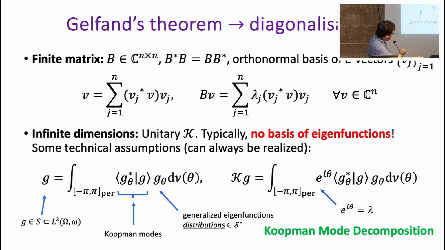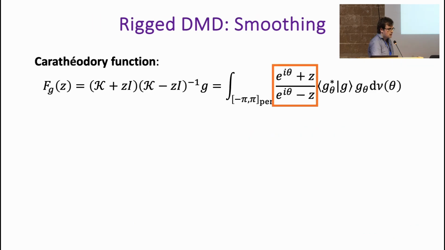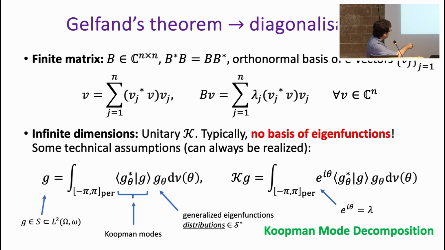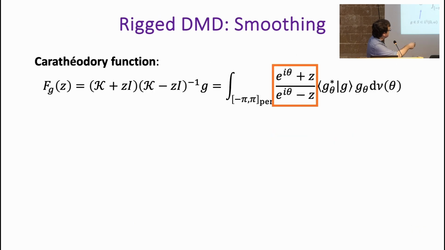Right, so how do we actually compute this thing? We've got some nasty distributions floating around, we've got a continuum of spectra. We're going to smooth everything. So I'm going to introduce something called the Carathéodory function. If you've got a background in orthogonal polynomials on the unit circle, this is a very natural object. So it's this Koopman-type transform of the Koopman operator applied to G, so I'll call this F of G. So it's the same expansion of G we had before, except now I've got this additional scalar coming from essentially the functional calculus.